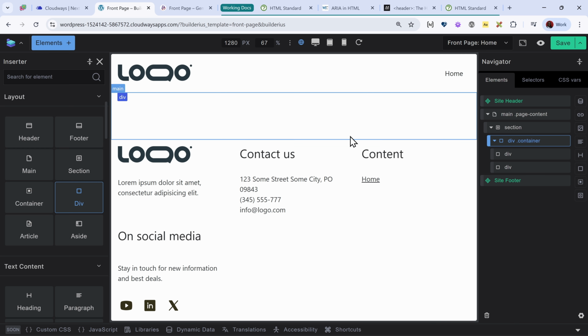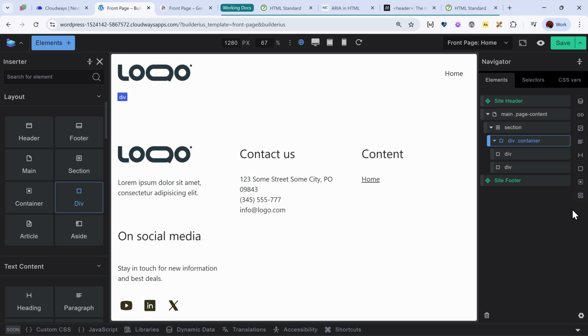But going back and forth between the element inserter and the navigator can be quite tedious. So they have provided us a nice handy toolbar on the right-hand side just after the element structure. Now we have some icons which show us the favorite elements that we typically use on our web page.